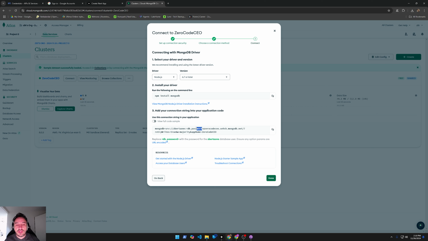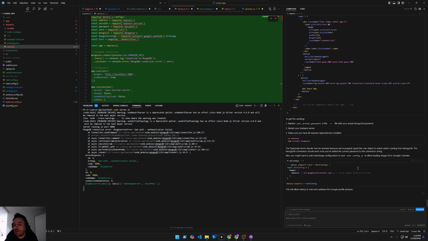It's because since I changed my password, it gave me the string without the password. When you don't change it, it adds the password right here. That's why. So you need to add your password right here. So in this case,